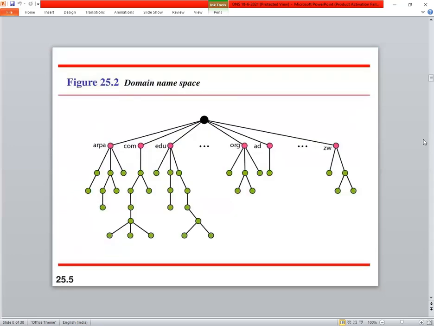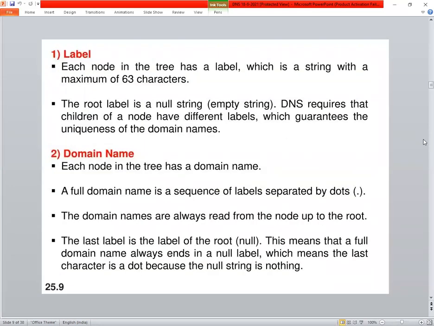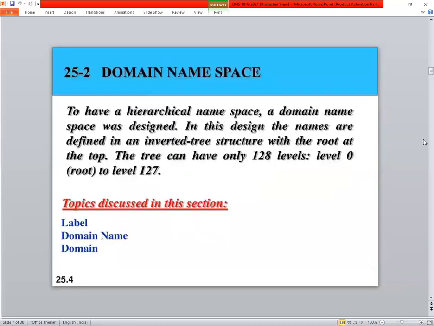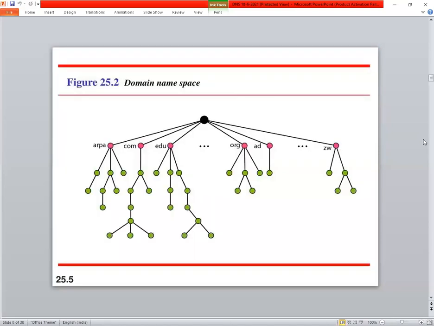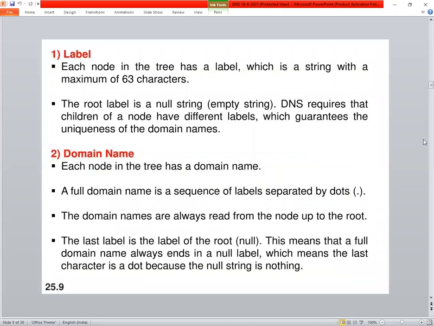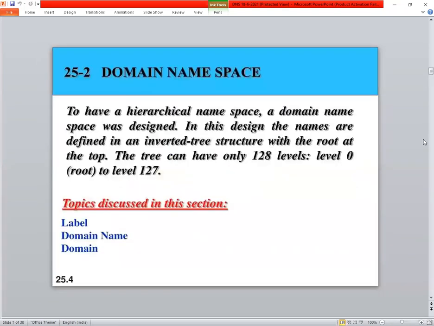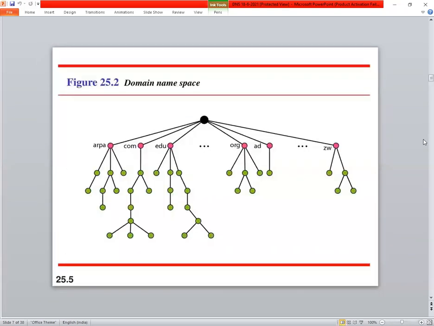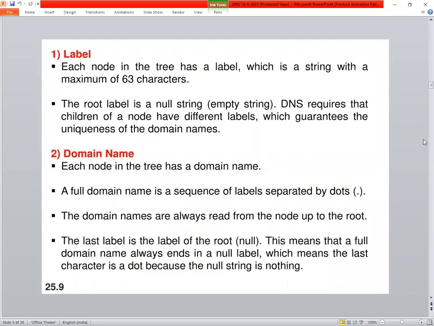This is how a domain namespace can be assigned to organizations in a tree structure, which is in a hierarchical manner. We will see what the labels, domain names and domains are, the different terms which are used here.